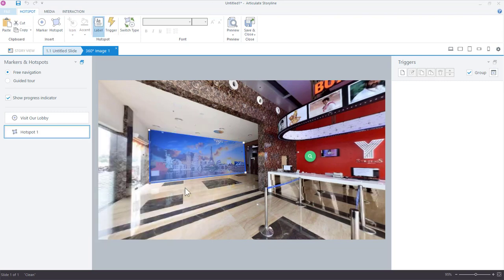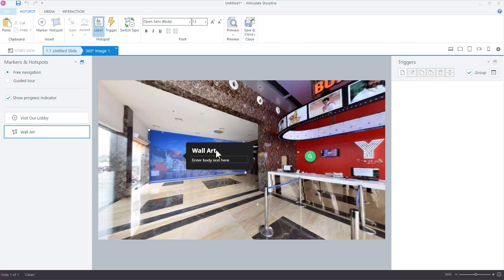So the nice thing about the hotspot is that you get this larger area to click. So if you had a wall, for example, or a surface on the ground, that you wanted the learner to interact with, you're not limited to just the smaller marker size. You can fill up the entire wall right here. And just like with the marker, we can click it and add our label titles. So we'll say wall art and then enter body text here.